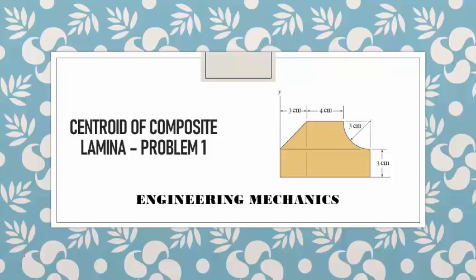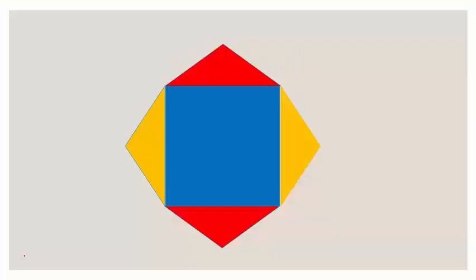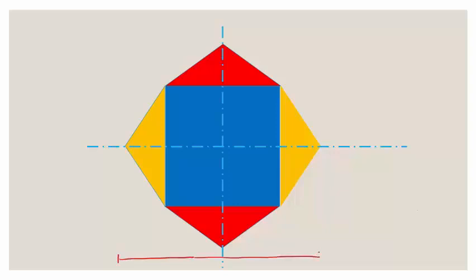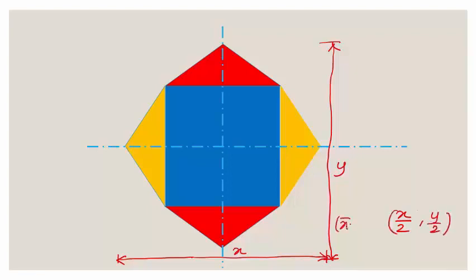of inertia. If a plane area is symmetrical about its central axis in both the horizontal as well as vertical directions, then we can easily locate its centroid by dividing the length of the plane along the x-axis by 2 and by dividing the length of the plane along the y-axis by 2. So this will be the centroid x bar comma y bar of this plane area. Here we need not go for any calculations to locate the centroid.